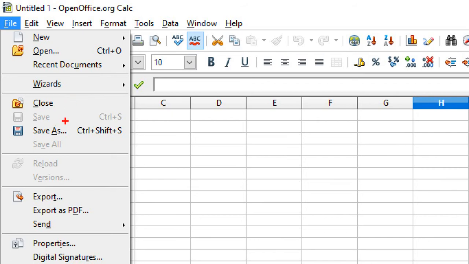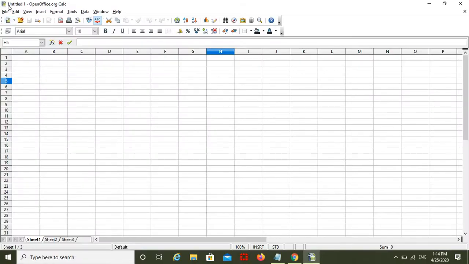By using save, you can save the document, and save as, shortcut key Control plus Shift plus S. By using this, you can save the particular file at a particular location. And export as PDF: you can create a PDF file, and by using send, you can send this file by email. So these are the menus present in file.